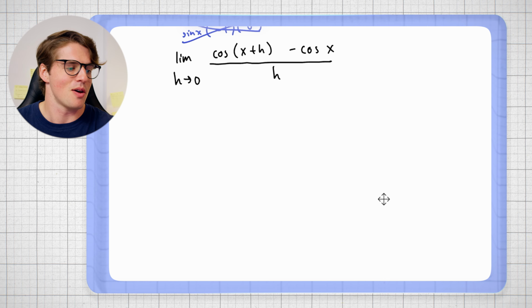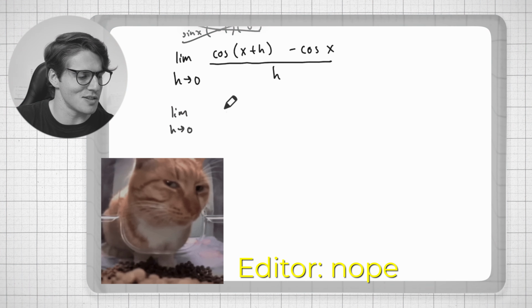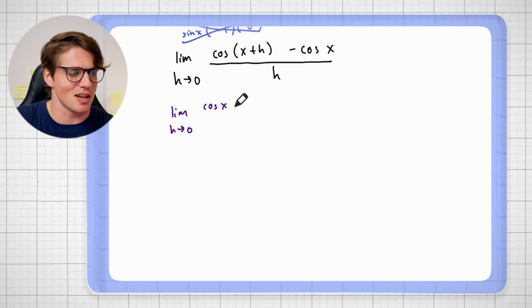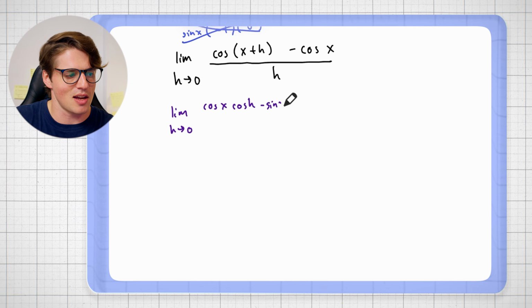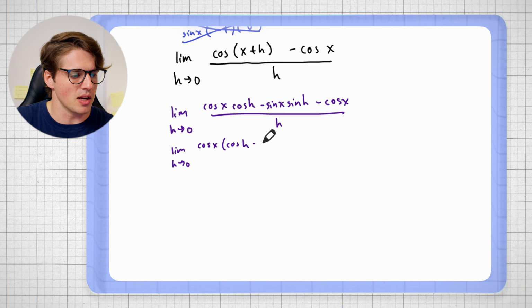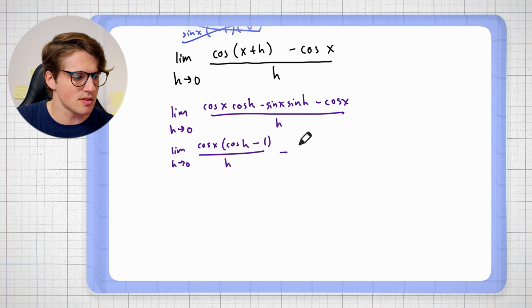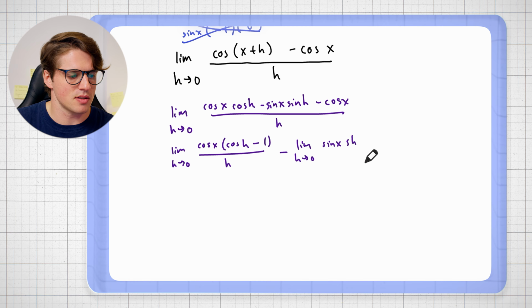Here we've got the second part. We can walk through this really quickly. I might even have my editor cut some stuff out of this, but we're going to use the same properties. Cosine x cosine h minus sine x sine h minus cosine of x, all over h. And we'll separate this into two limits again. Limit as h goes to 0 of cosine x, we're going to factor it out again, times cosine h minus 1 over h